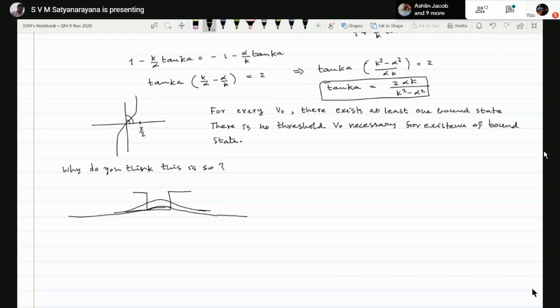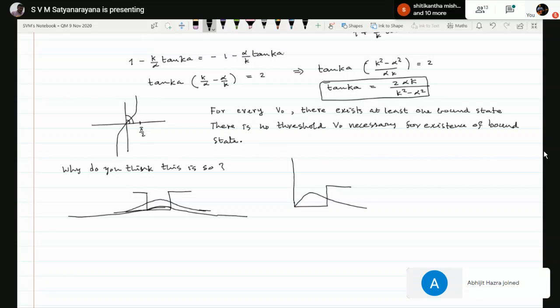But on the other hand, if one side is infinity, you cannot penetrate this side. It has to go to 0 here. So only one side you can penetrate. Because of that, you will not be able to have a bound state, because if it can penetrate both sides, you can have